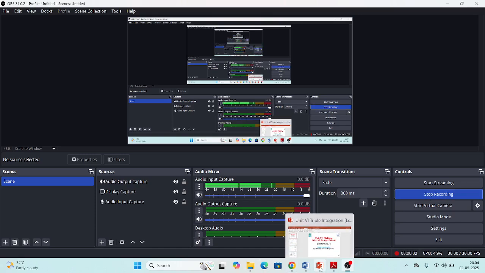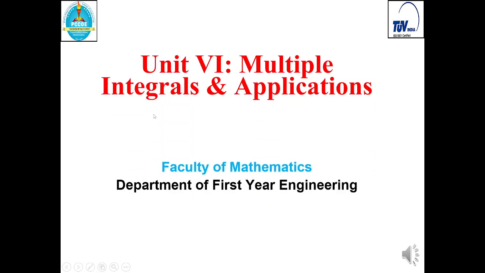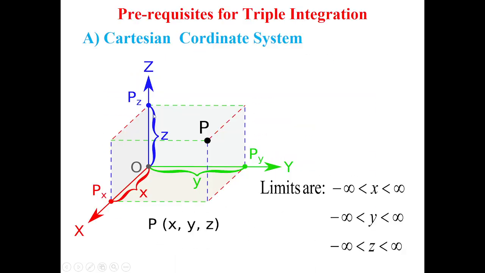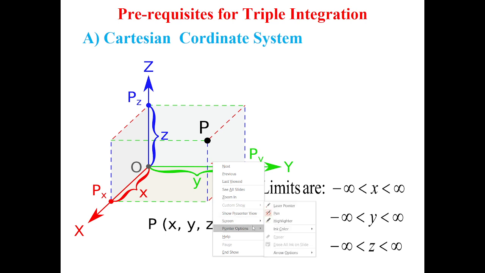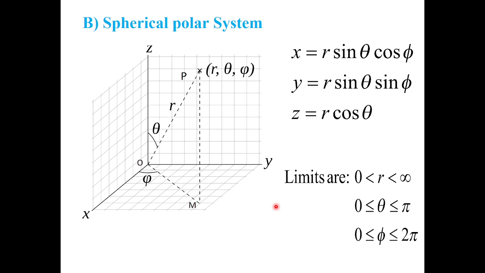Hello student, this lecture will help you for a small revision of triple integration. In triple integration, the first type is problems on triple integration, and the second type is problems on volume, which is one of the applications of triple integration. So let us see, we are using either Cartesian coordinates xyz, or we are using spherical polar coordinates